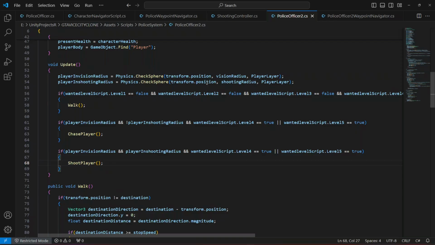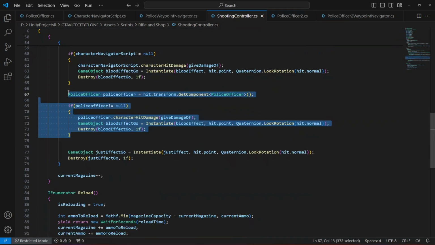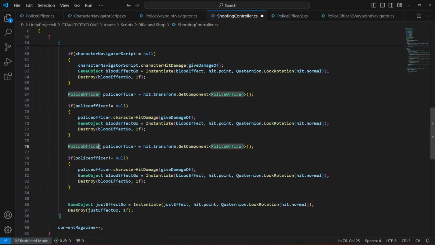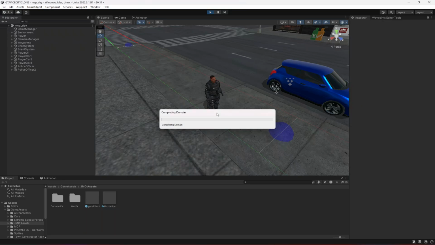Okay, so if you open up the shooting controller, just as we damage the police officer, now let's damage the police officer 2 too. So you just have to type 2 at the end of these 3 words, and then right here as well, and right here as well. That is it. Now if we go ahead and test it out,